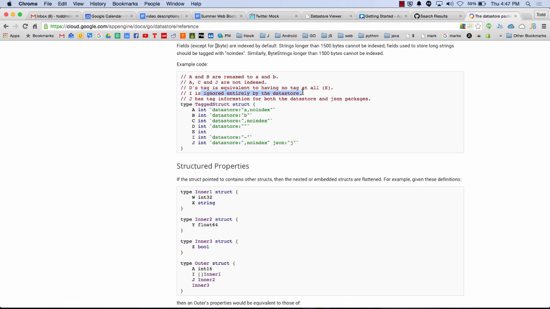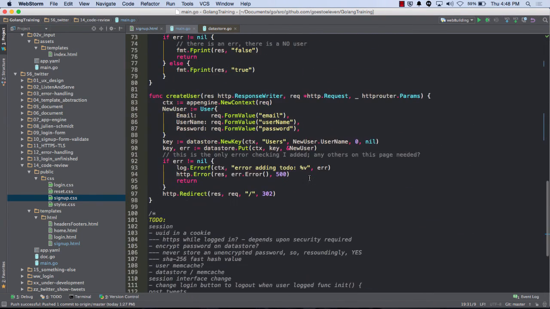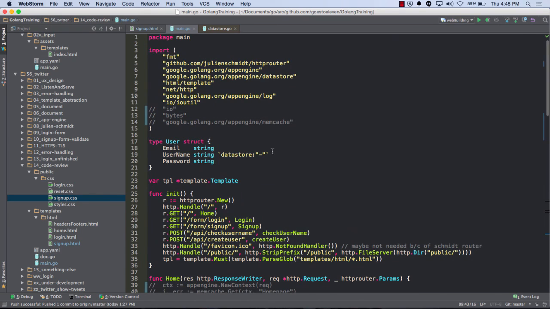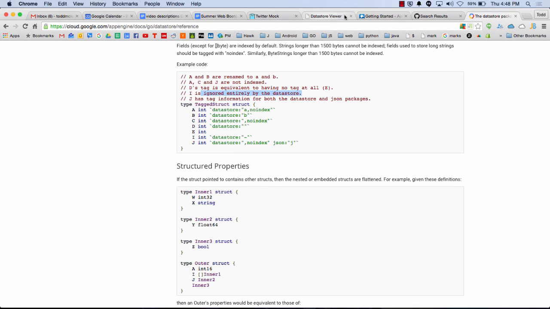And the reason I'm ignoring it is because I'm sticking I in as the key. So I don't want to store that twice. You guys want to see that? Let's see it in action. It's always cool. Leave the bird. So I just changed that. App Engine rebuilt. Come over here and get rid of all that stuff.